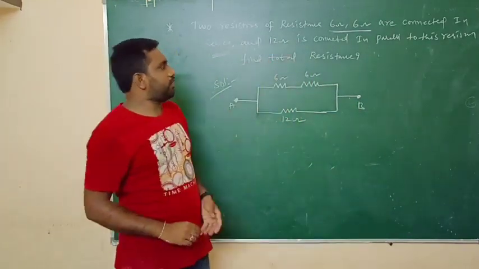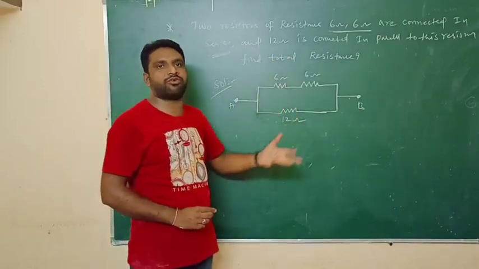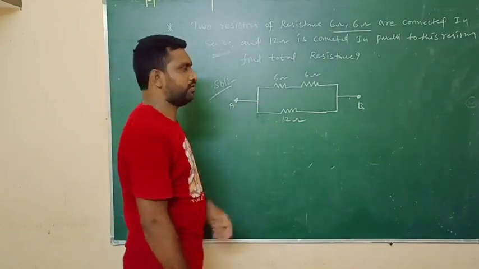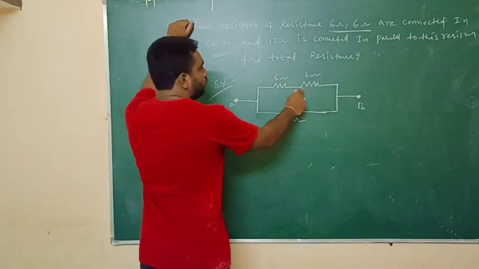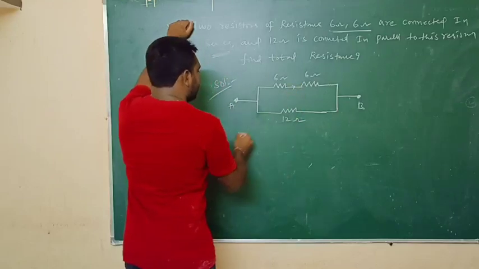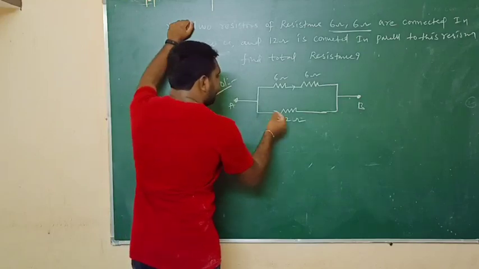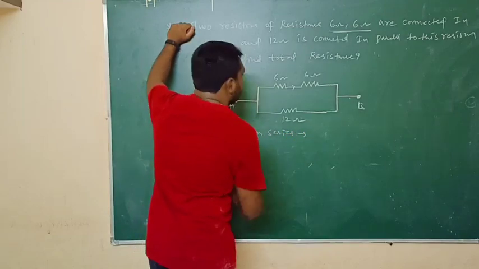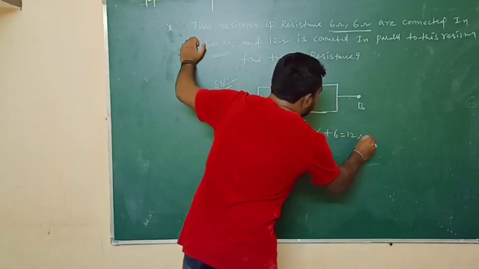Whenever we want to solve these kinds of questions, first of all we should convert the theory into a circuit diagram. Then we get the answer very easily. So now it becomes very easy. From this diagram it is very clear that these 6 ohm, 6 ohm resistors are in series. So here their total resistance, how much? In series, we know that total resistance is the sum of the individual resistors. So that means 6 plus 6. How much does it become? 12 ohms.